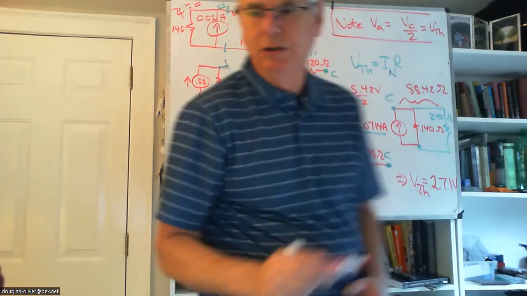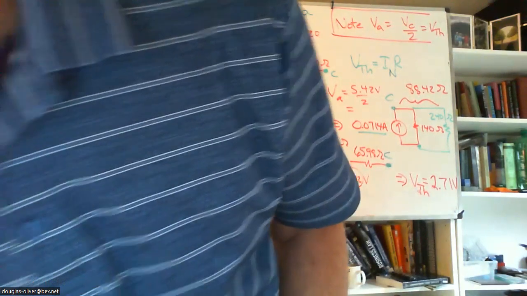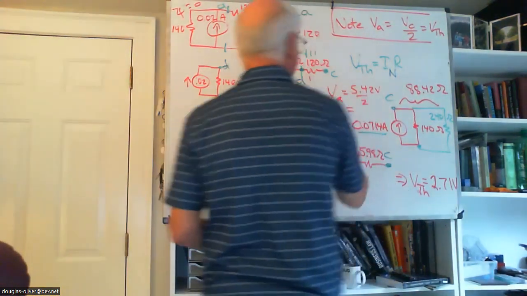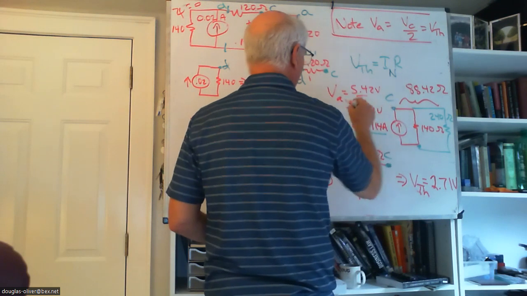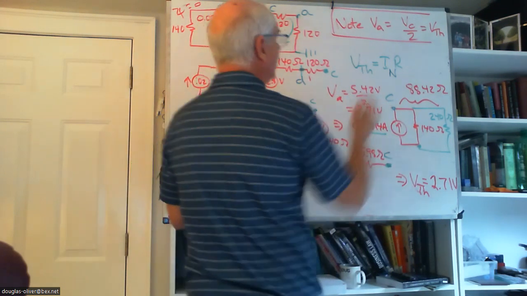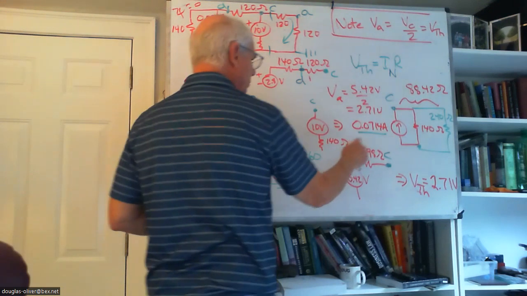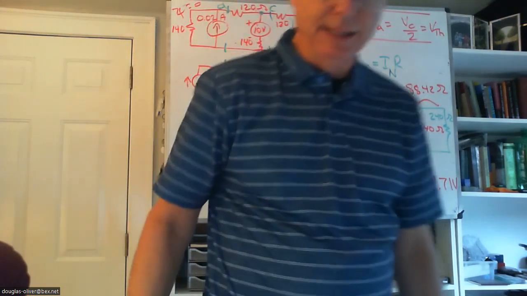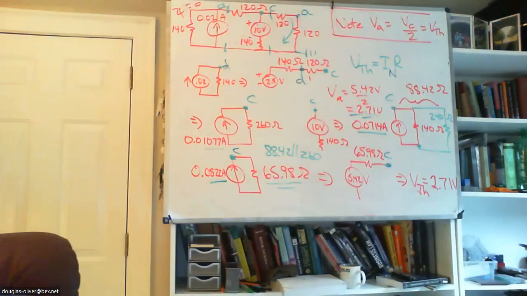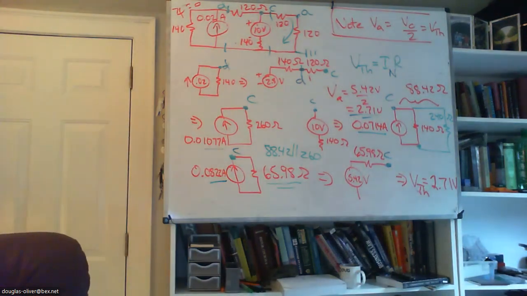Let's see, what is that? 2.71 volts. Okay, that is voltage A. Well, voltage A is the Thevenin voltage, 2.71 volts. That's the Thevenin voltage for that circuit with the source equal to 0. Okay,